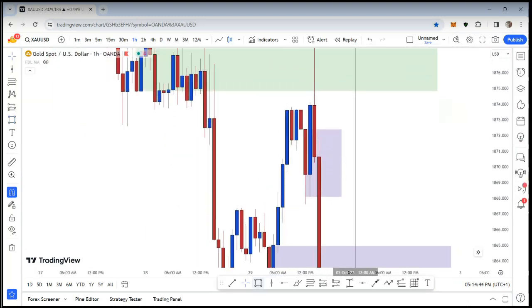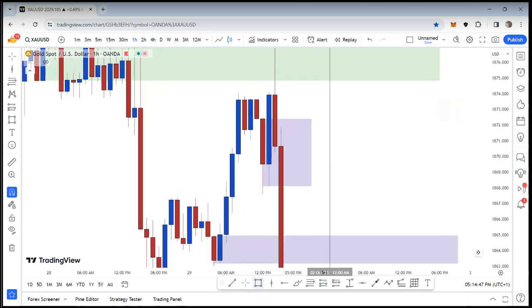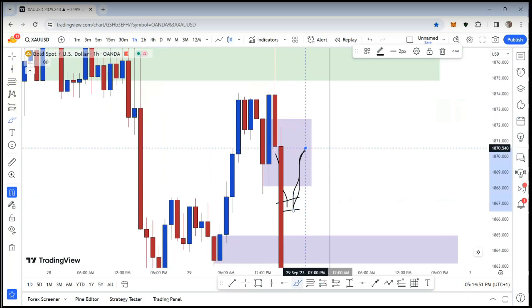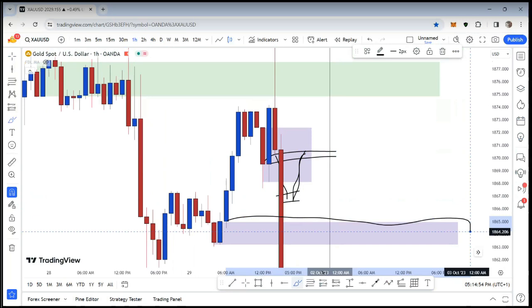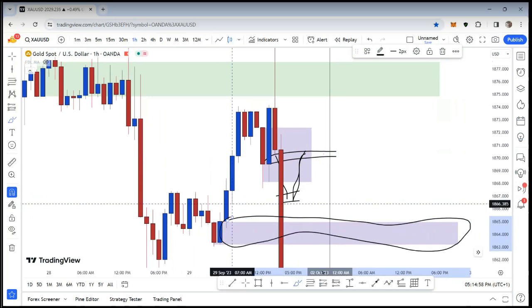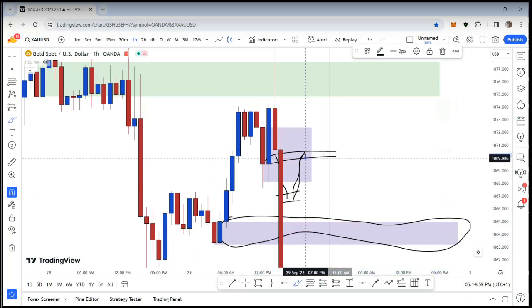Now, I can bet you that if price had stopped somewhere here, first of all, and then we had a retracement to this level, this would have been my entry. Now, this right here is a roadblock that we need to be aware of. So now, if you're selling from this level, when price is pulling back,